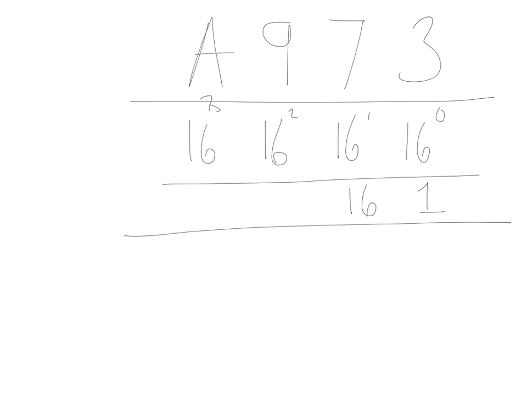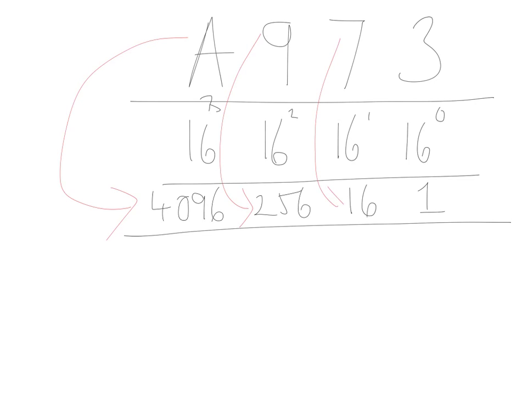16 here, 256 here, and 4096 here. Now what the process is, we multiply our hex values by the placeholder values. So we're going to have 3 here, 112 here,